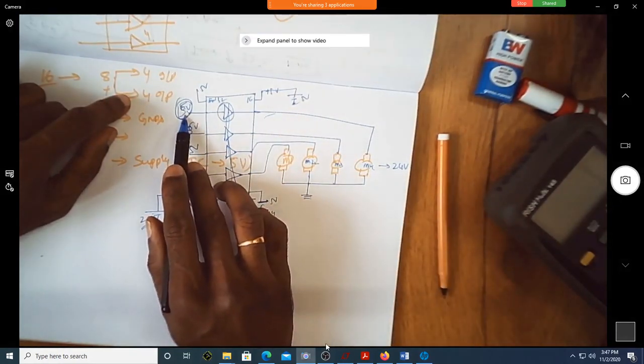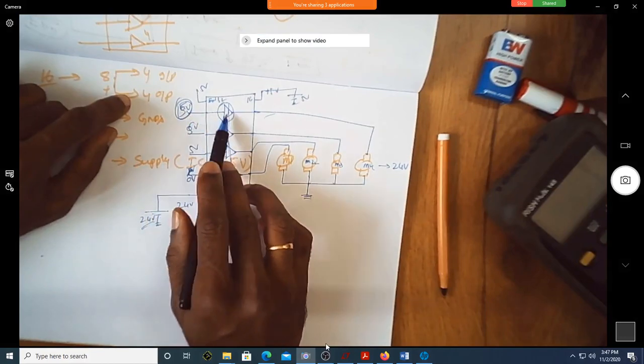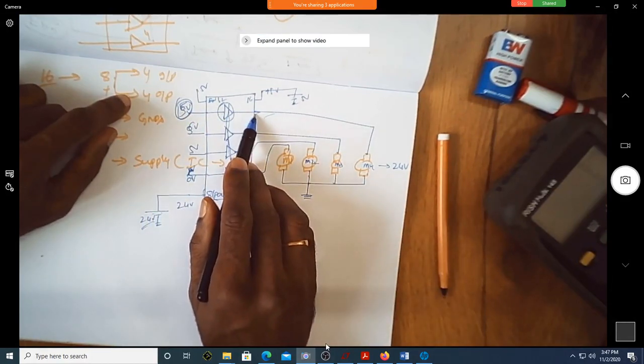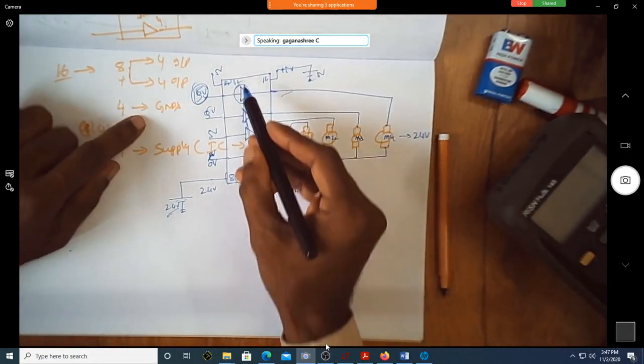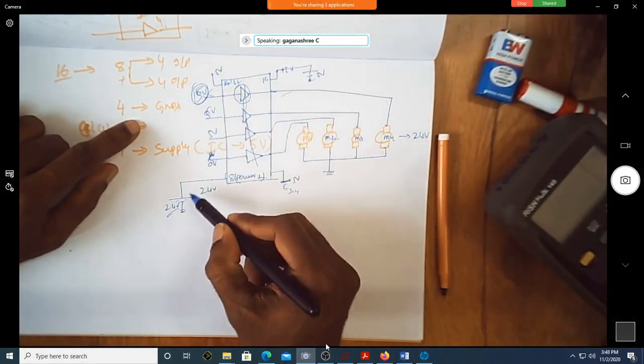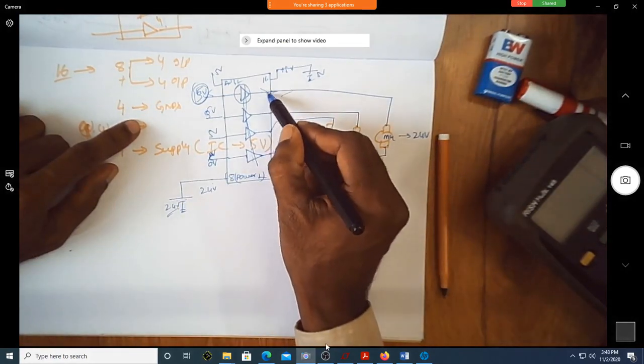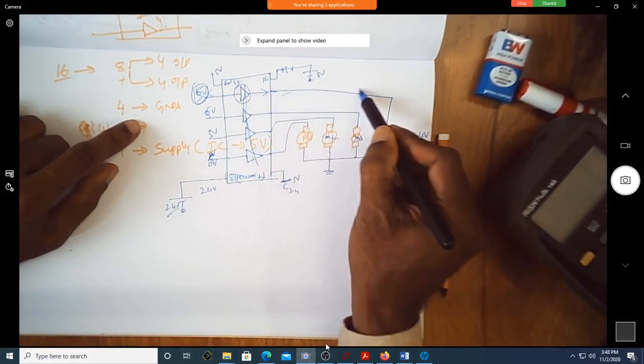Correct? So if you make this 5 volt, it actually drives this motor using this line.